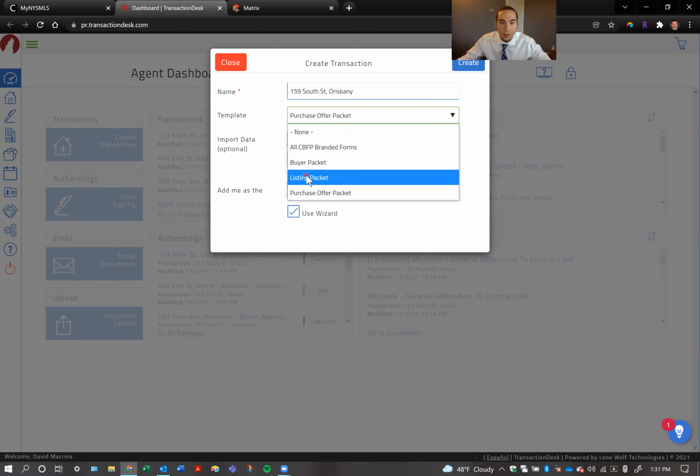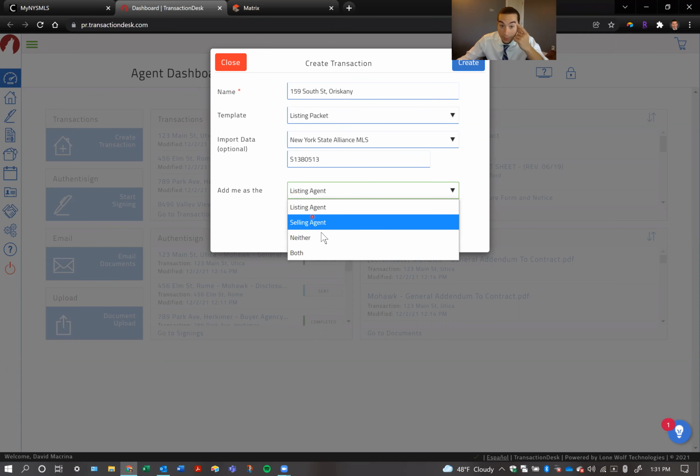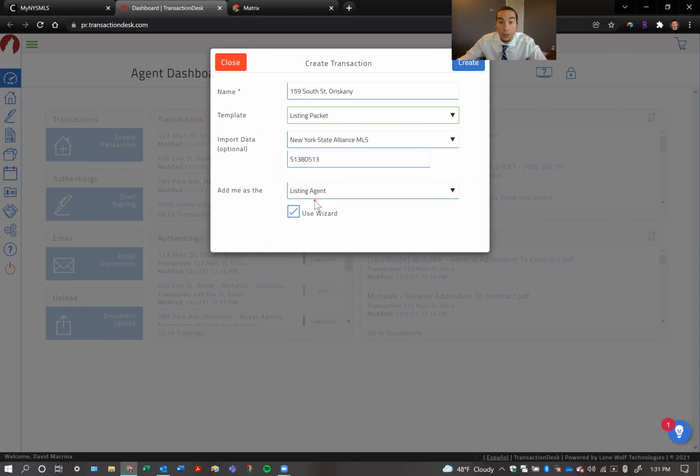Watch closely as I pick listing packet, it will change me to the listing agent. I can change it to both if I happen to be the listing agent. But here, purchase offer packet, it's picking me as the selling agent. This is everything I need. So once I hit create up here in the top,